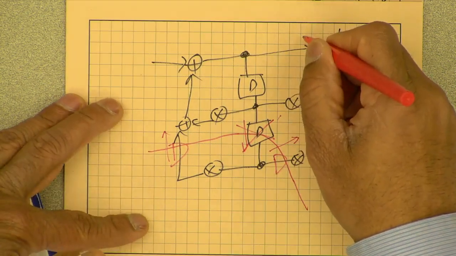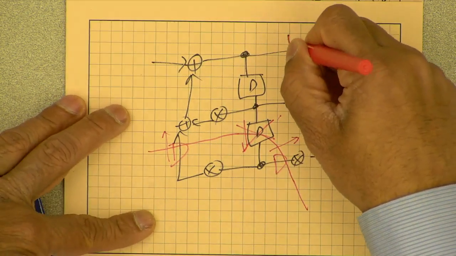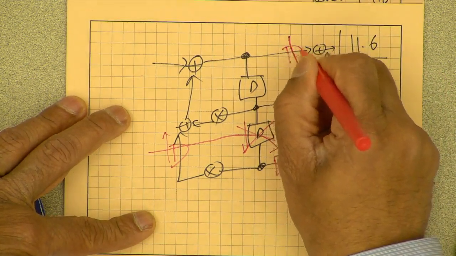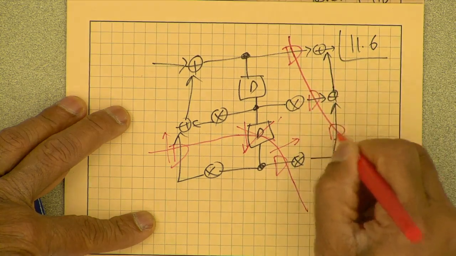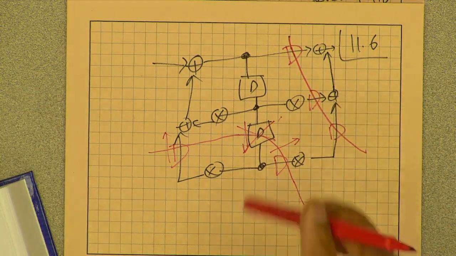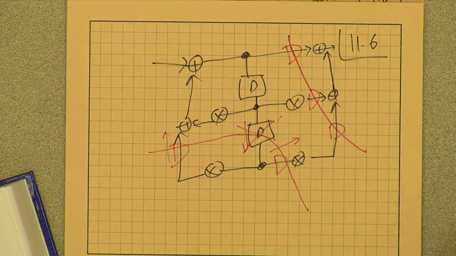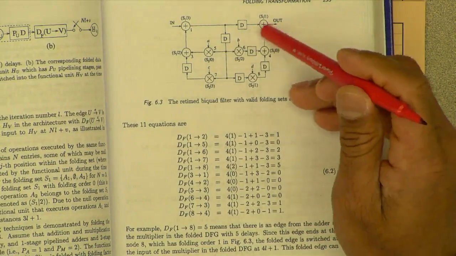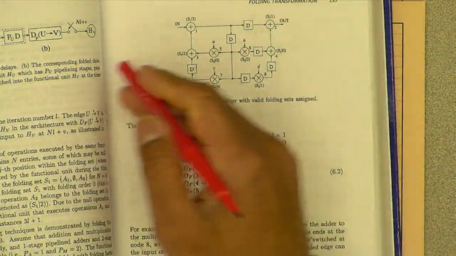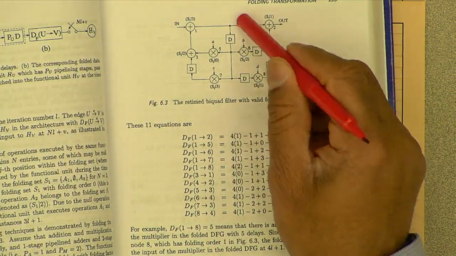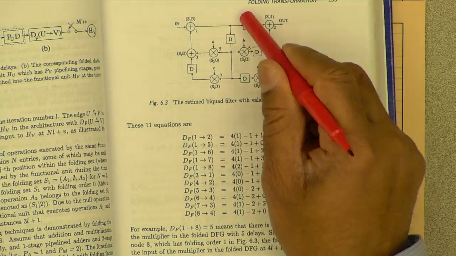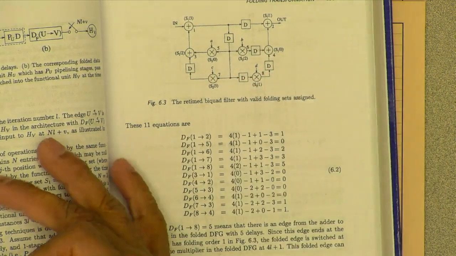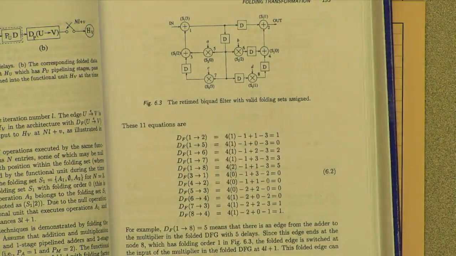And if you take another cut set like that, pipelining cut set, this is a feed forward cut set, and place these delays here. So by retiming across that cut set and pipelining across that cut set, then the biquad becomes this structure here. Okay. So these are the 3 pipelining delays for the pipelining cut set. That's gone, and we put delay here and here, and that's essentially how we got this.